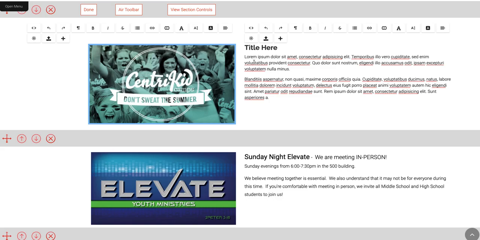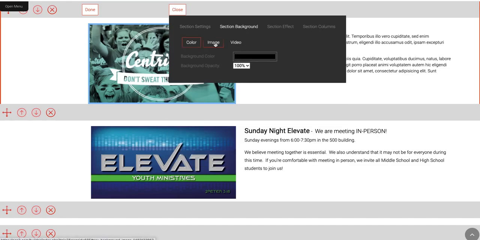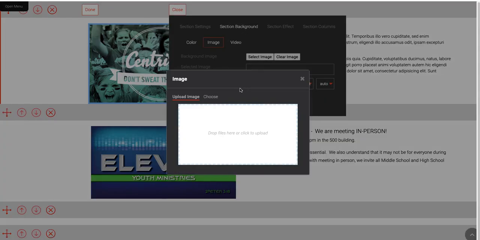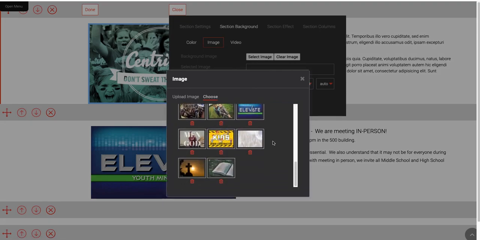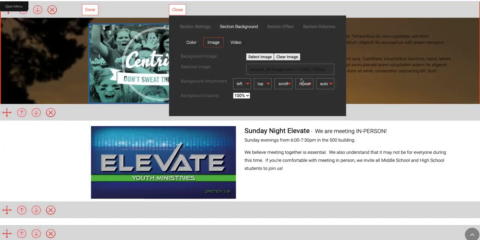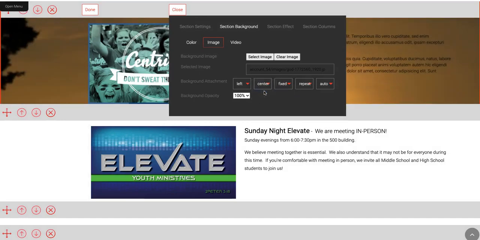A couple things you can do with this section. There's a lot of power to it. We can add a background across the entire item. And this isn't going to look great because I'm just going to pick a background that, well, it won't look bad either. I was thinking I'd find something else. So we're going to put this little background in here. I highly recommend center here and center here. This one, top bottom, you can play with a little bit more